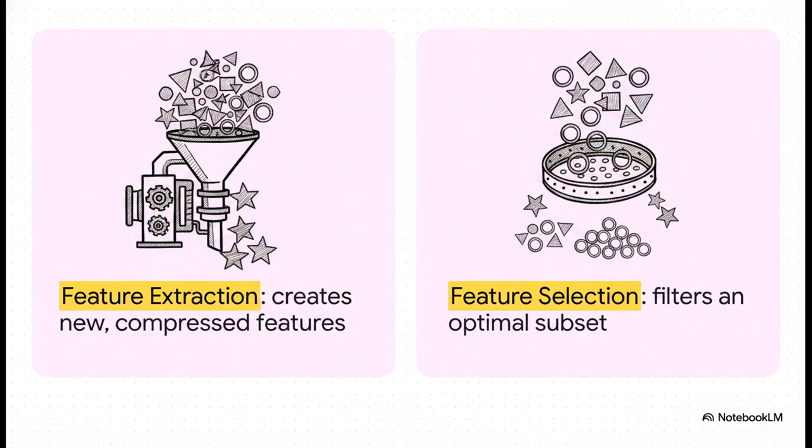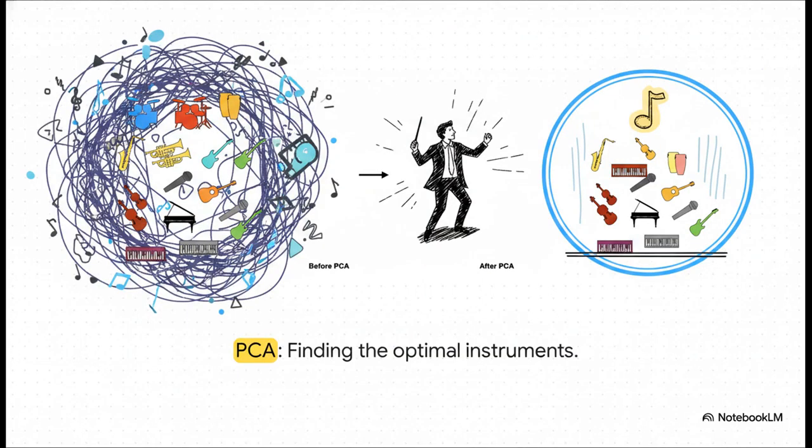On the flip side, feature selection doesn't create anything new at all. It simply acts like a filter, tossing out the redundant features while keeping an optimal subset of your original features exactly as they are. Let's look at a really popular method for feature extraction called Principal Component Analysis, or PCA